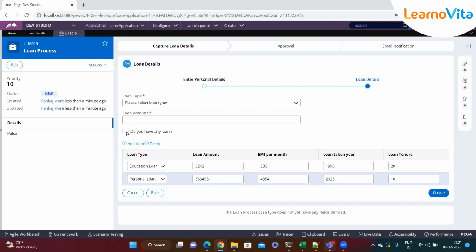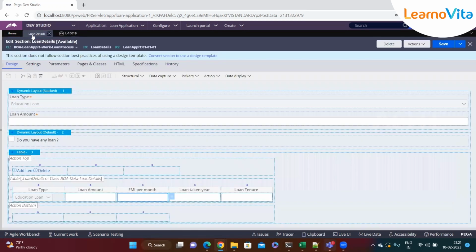So in those cases, why should we ask the user to enter unnecessary data, or show this entire table layout? We show this table layout or grid only when the user says, yes, I have a loan in the past. Otherwise, if the user says no, of course it will not be visible. So what we'll do is go to a section,